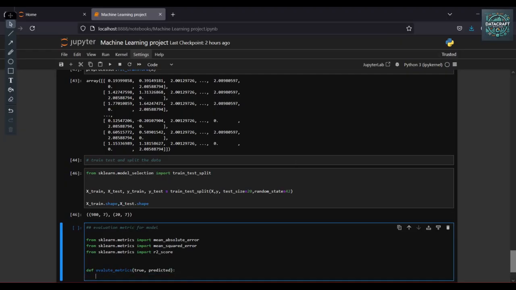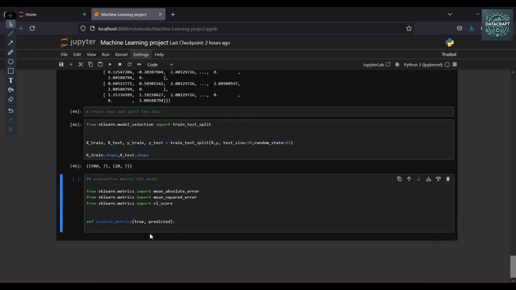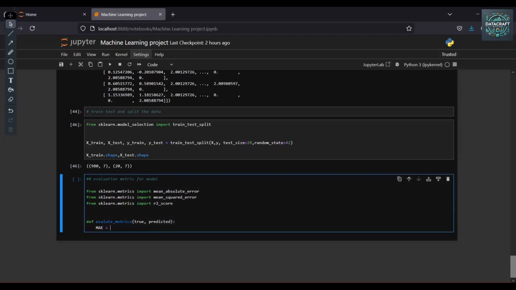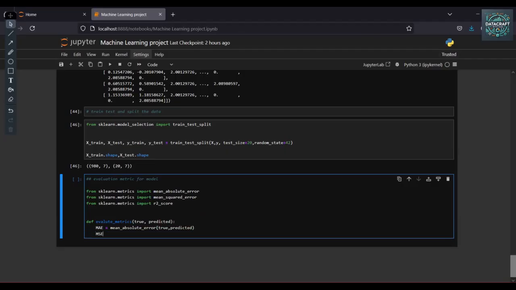The first one I am going to ask is the mean absolute error, which is mean absolute error of true and predicted. Mean squared error, which is true and predicted.